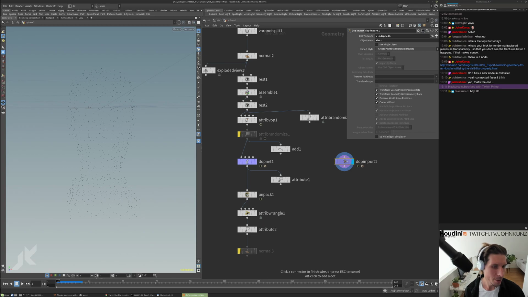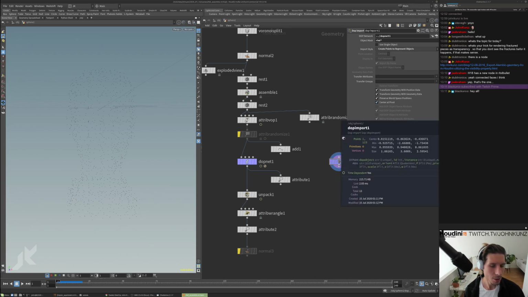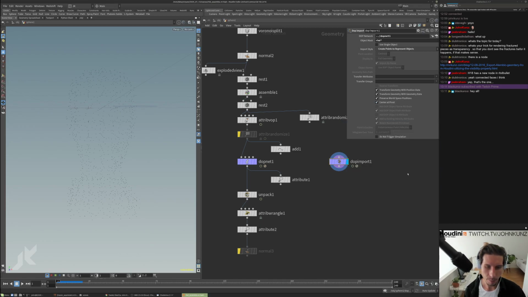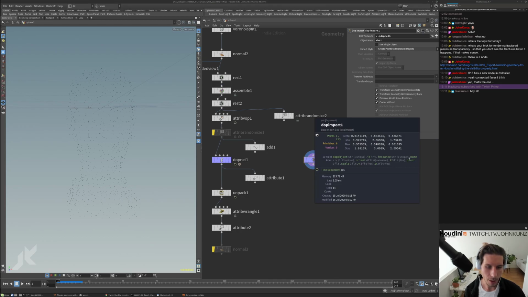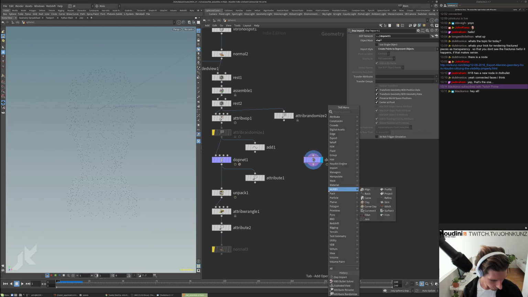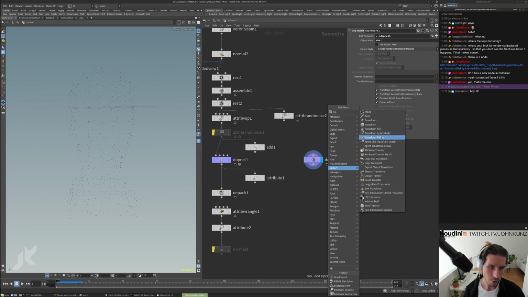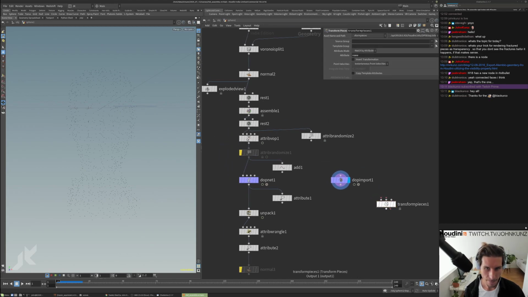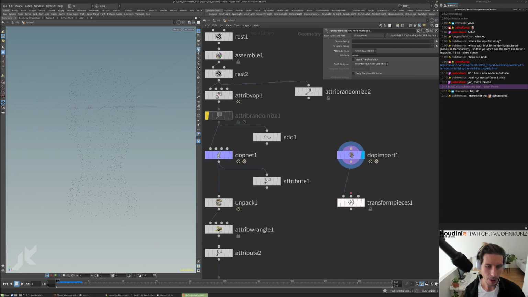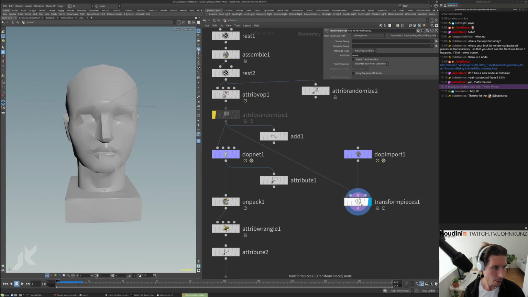Let's go. So what this does is it brings in points that have this orient and pivot. It's just like the attributes that the Copy SOP is expecting, so you can use it with transform pieces. Where did this one go? So this way, we want the points to go into here, and then if you just do the pieces